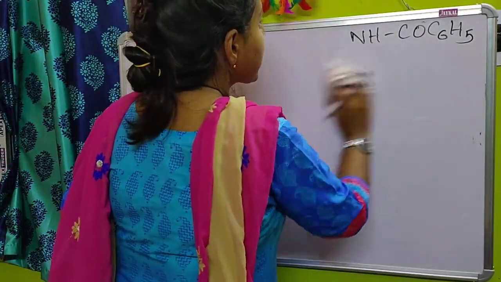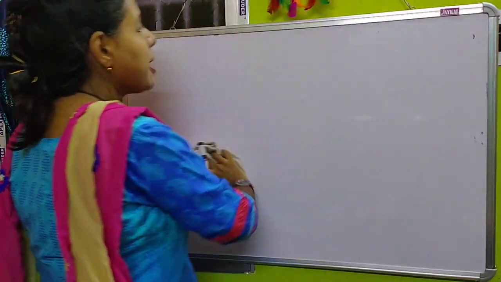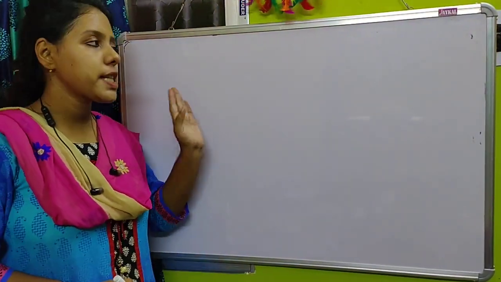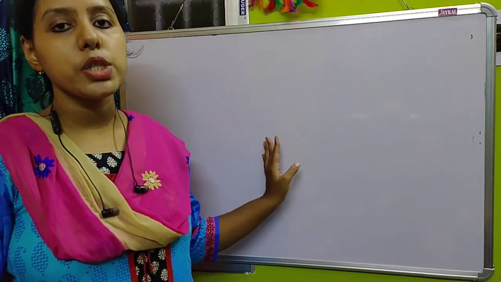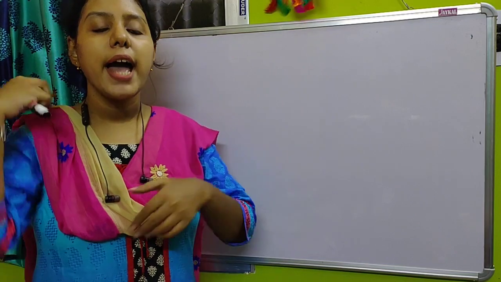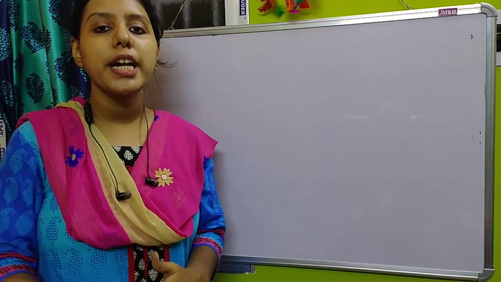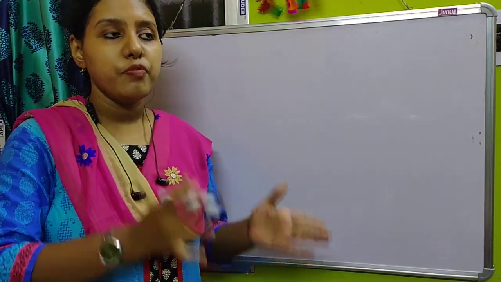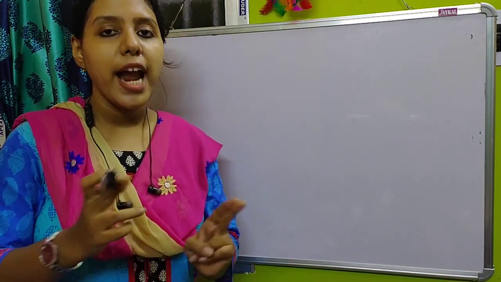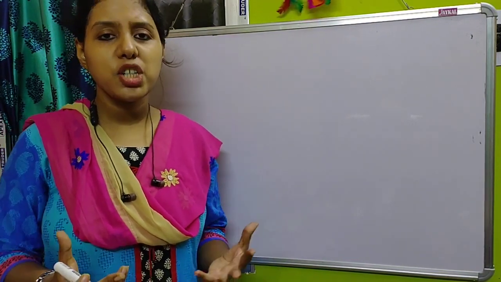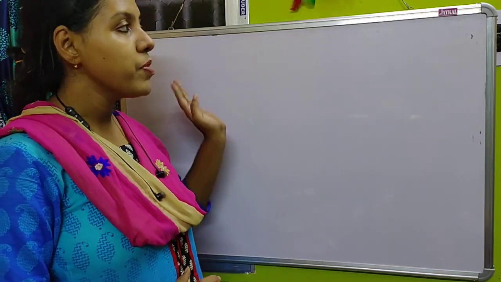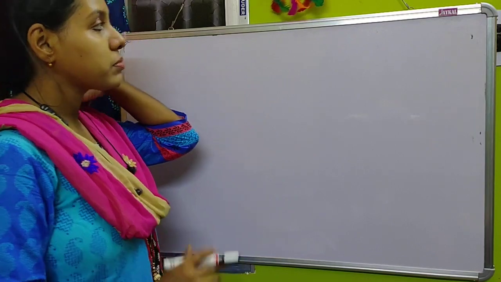Next is the carbylamine reaction. I have also discussed the carbylamine reaction in the case of primary amines. The same type of reaction we will see here also. If you add chloroform and KOH to aniline, it will be converted into phenyl isocyanide, that is C6H5NC, which has a pungent odor by which we can identify it. So these are all the reactions.